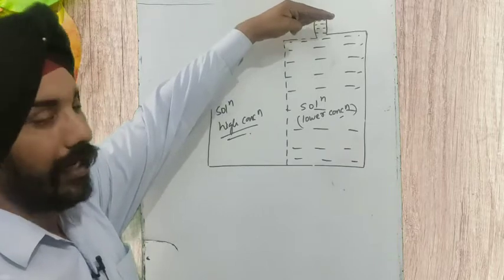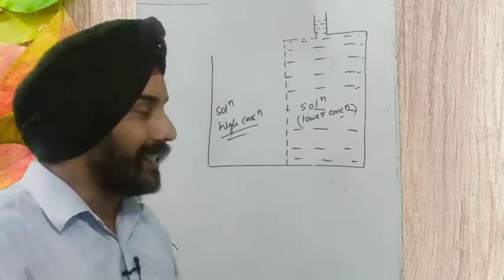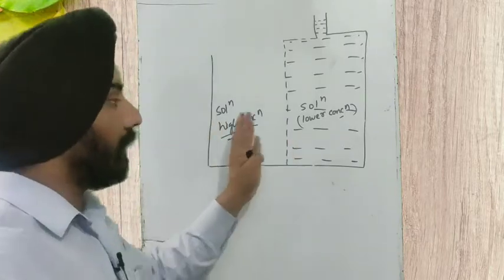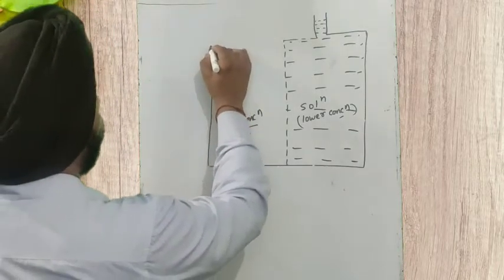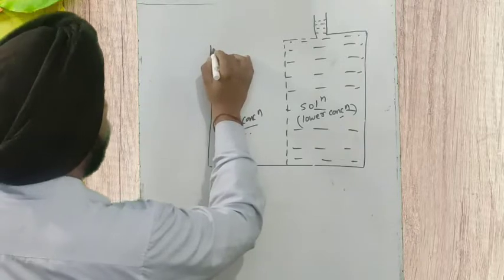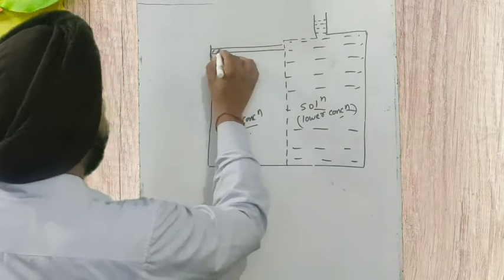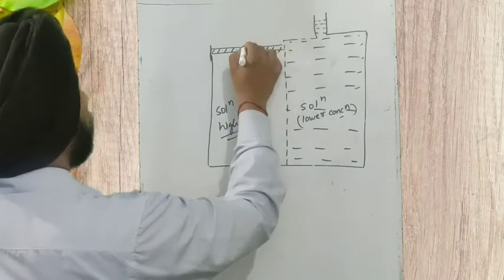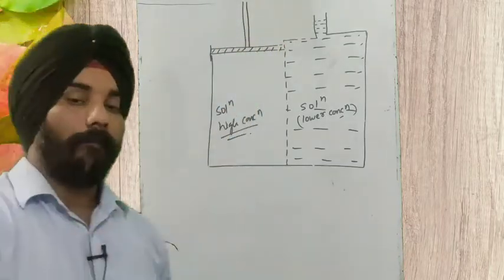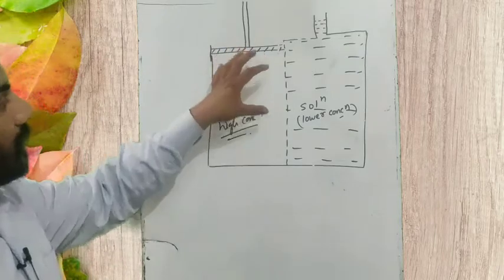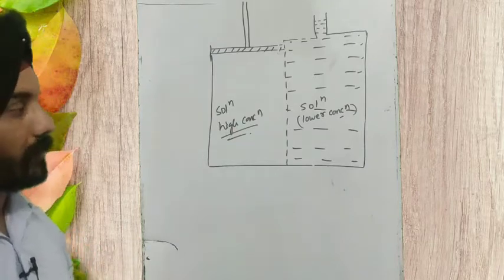If it becomes steady, it is not going to change the level, that means the solvent molecules stop passing from that part. Okay, the concentration of both solutions becomes equal to each other now. Now here what we do, we make a small arrangement that we are going to keep here a piston, which can be pushed inside and can be pulled outside, and it is just for exerting the pressure on this solution having the high concentration.